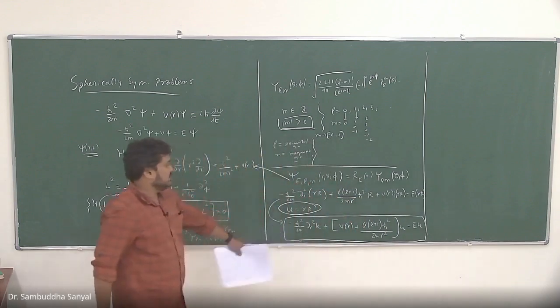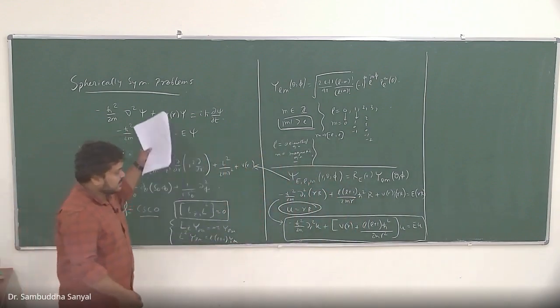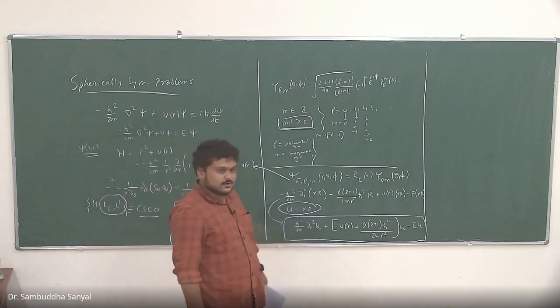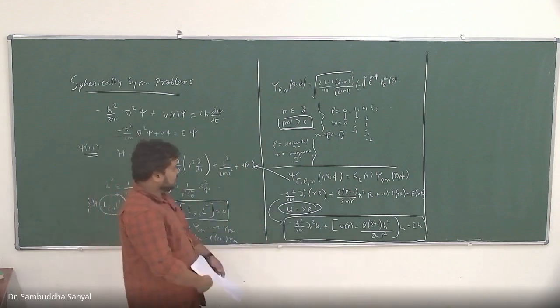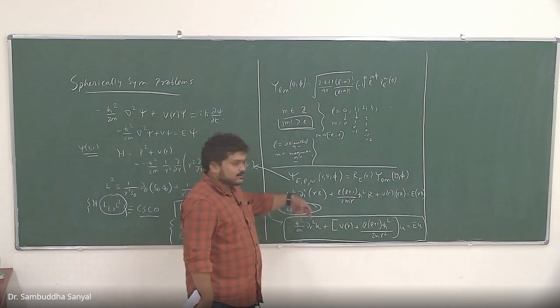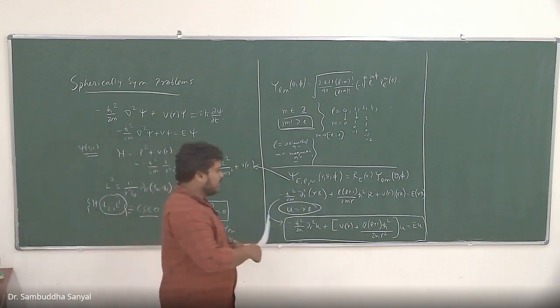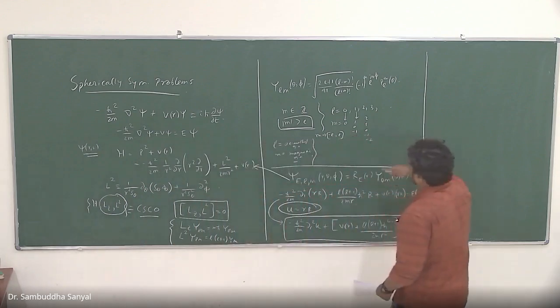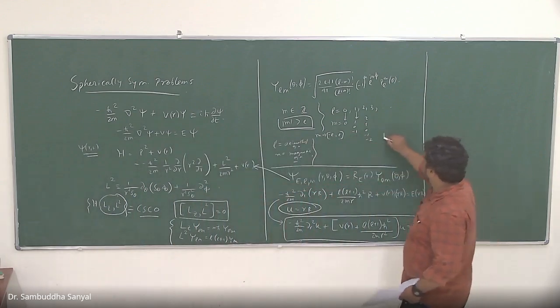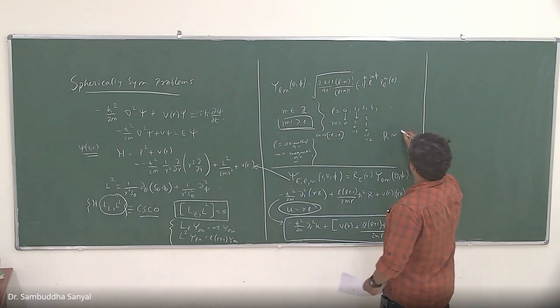Okay, this is the radial equation written in terms of this u, where I just multiplied the actual radial part with r, which I can do without loss of generality. But the reason why I do it is because I know this r part will be some u(r) by r.